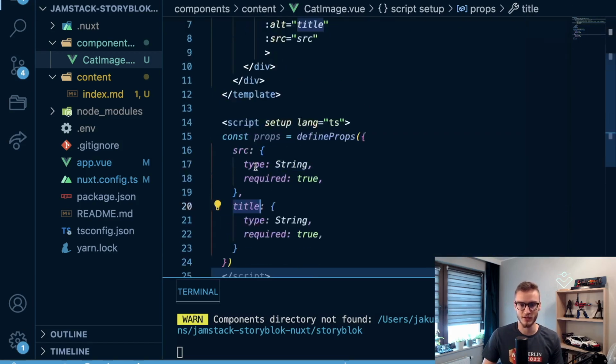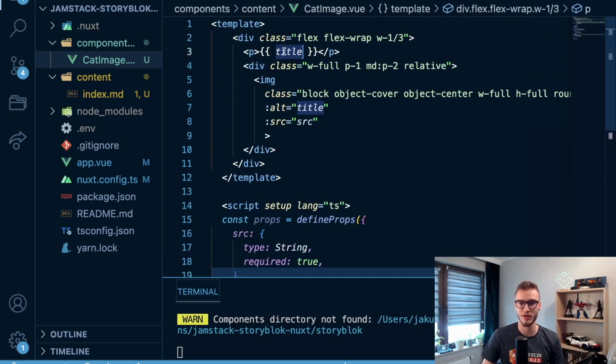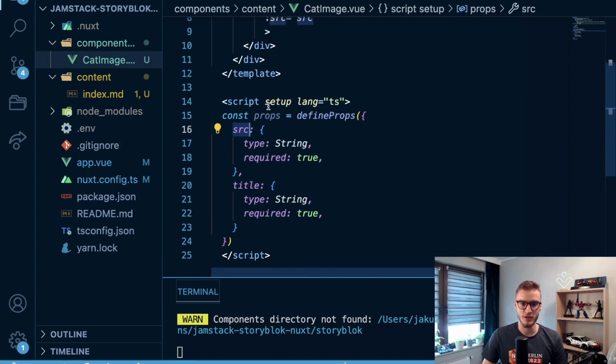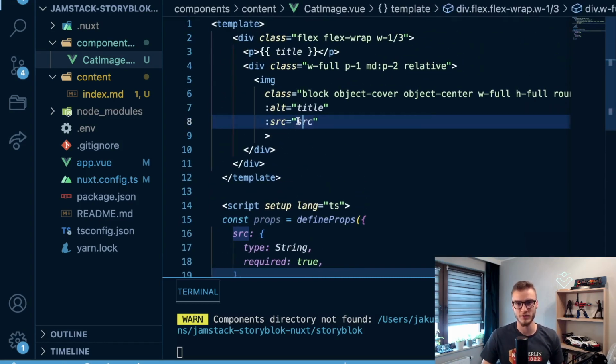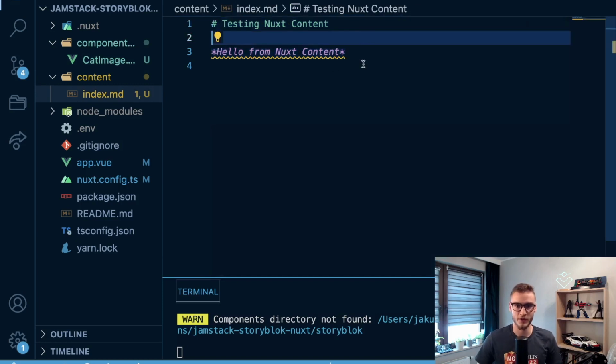So we will pass the title from the parent component that will be displayed both here and as the alt of the image, and the src, which will be the actual src of our image. So that's basically it. Let's use it right now in our MD file, because right here we only have classic markdown content. But because we are using the Nuxt content, this module developed for Nuxt, we can also import components, like Vue.js components, inside of this